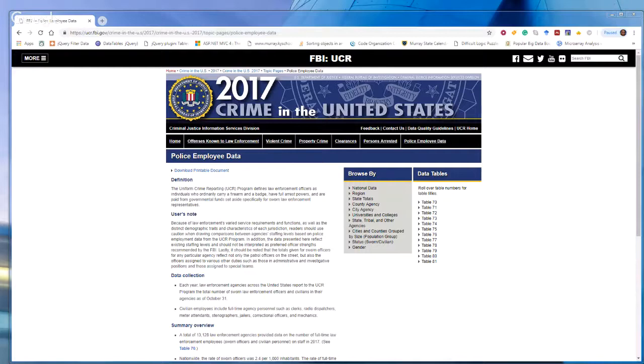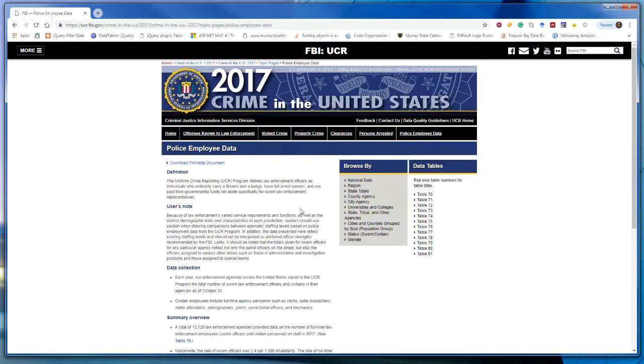Hello. Okay. Crime data, as reported to the FBI, is available for anybody to view, download, and analyze. So here's this page that has 2017 crime data, and the data is available at different levels of granularity.